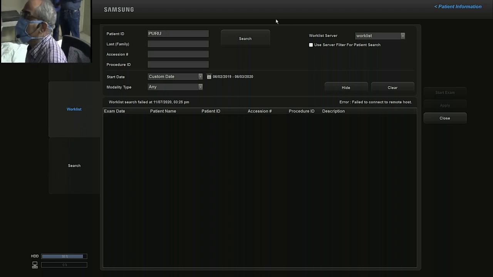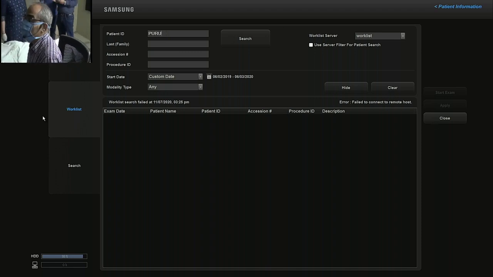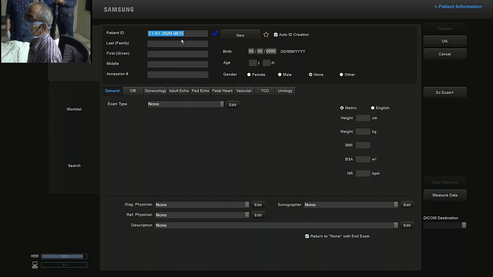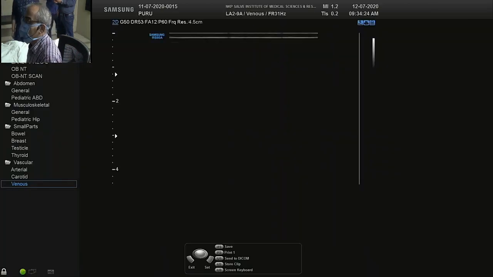Short form we will use Puru here. Sorry. And so our entry is complete. Now on the machine, nowadays all machines have got various presets. So we'll select